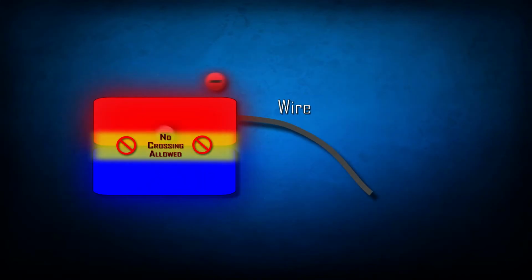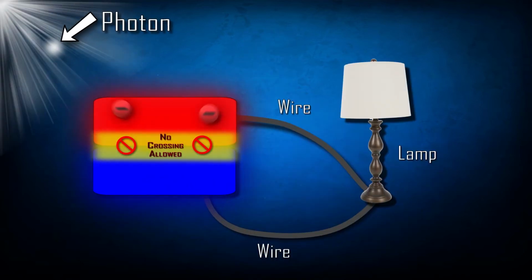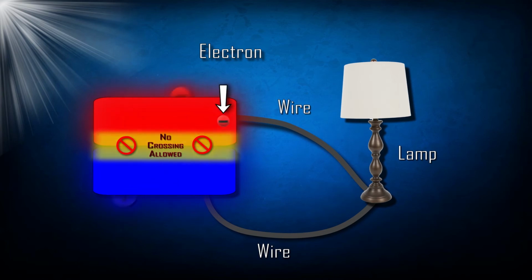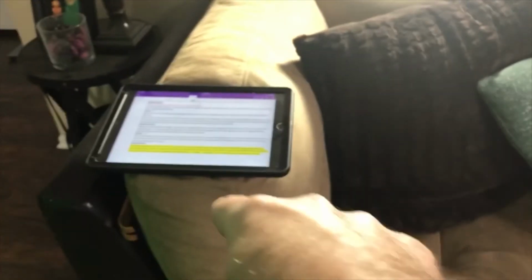Now we connect a wire to each layer with a lamp in the middle, and we're ready to start collecting light from the sun. Photons are particles of light, and when a photon hits one of the silicone atoms inside the electric field in that middle layer, it knocks loose an electron, which then slingshots out the negative side through the wire, powering the lamp and then back into the positive layer. And this happens all the time as the sun is just raining down photons onto solar cells, knocking loose loads of electrons that power that lamp and that TV and that iPad, and that is how solar cells convert sunlight